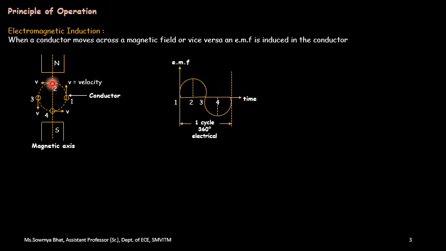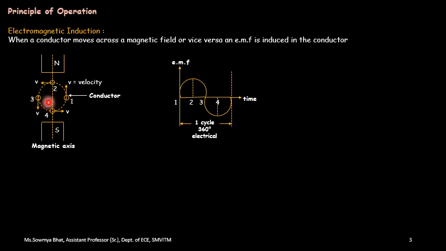In between 2 to 3, what happens? There is slightly perpendicular also, there is slightly parallel also. Whatever is parallel will yield a zero level of EMF. Whatever is perpendicular will give me some value for d phi by dt, which in turn will give some value for the EMF induced. So compared with position 2, when it comes in between 2 to 3, the EMF has gradually started to decline. That's why there is a decline in the waveform.